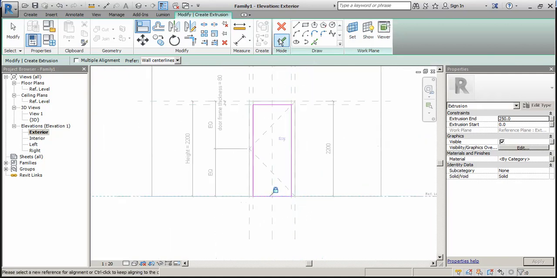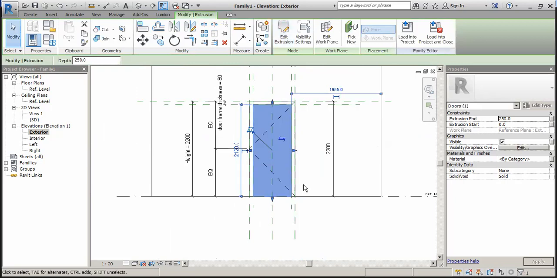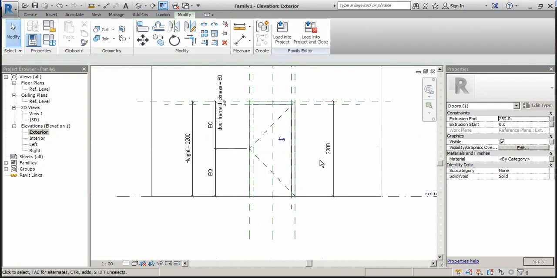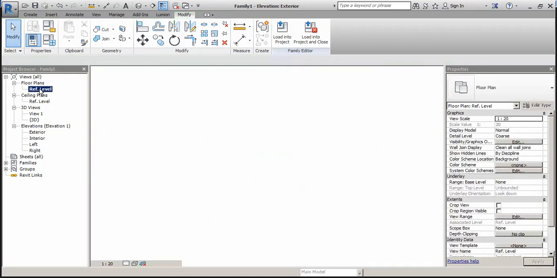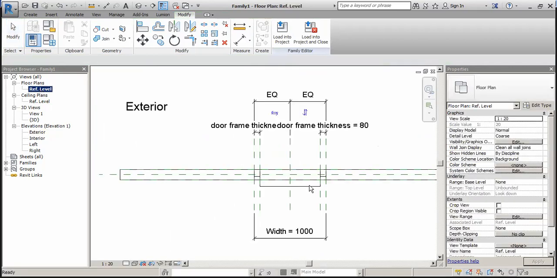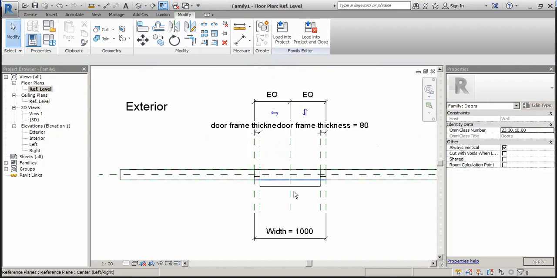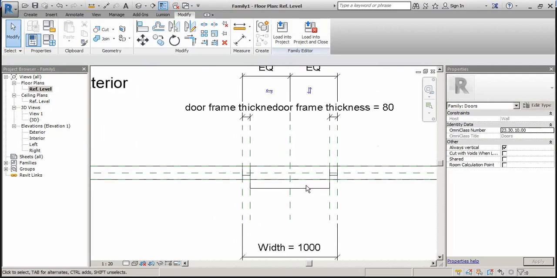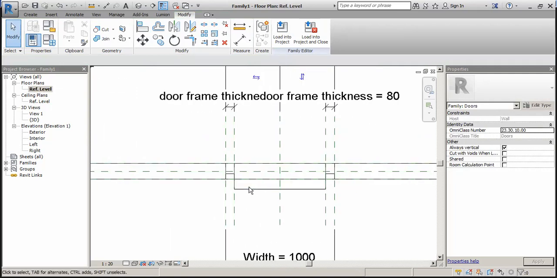Yes, it's created. So we can see the door panel. Now come in plan. So when I select this, it appears much thicker.